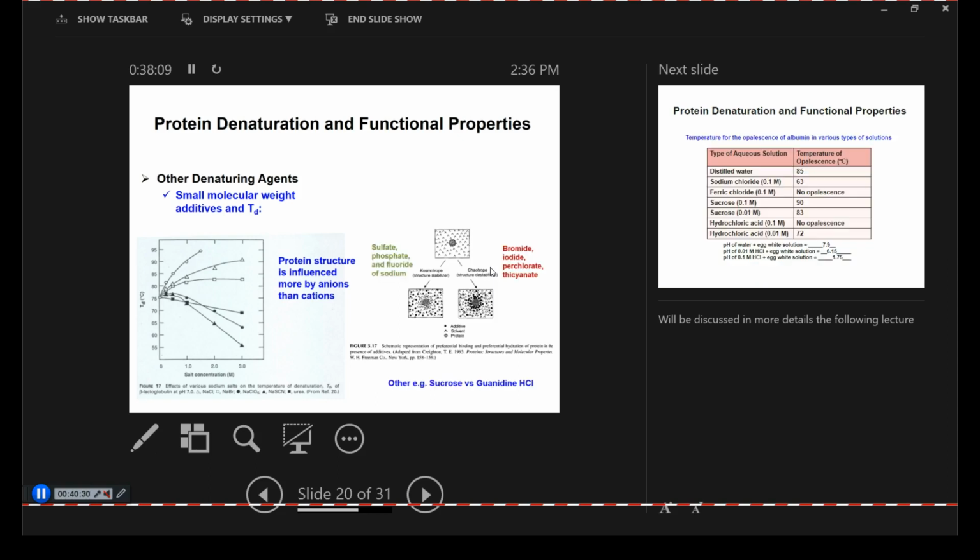Okay, so examples of that: sulfate, phosphate, and fluoride. So that's why you would see phosphate in beverages. Phosphate salts actually act as cosmotropes, so they will enhance the solubility of your protein. Whereas if you add salts of bromide, iodide, perchlorate, and